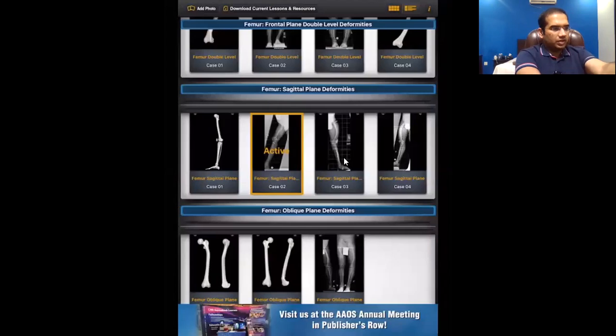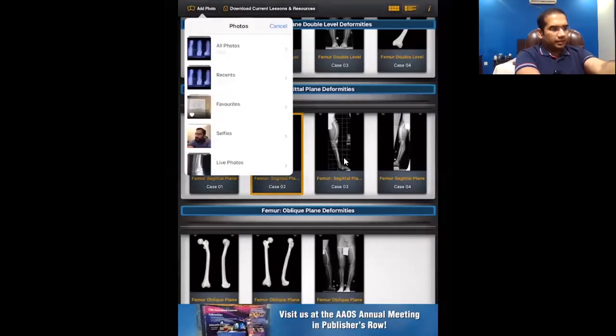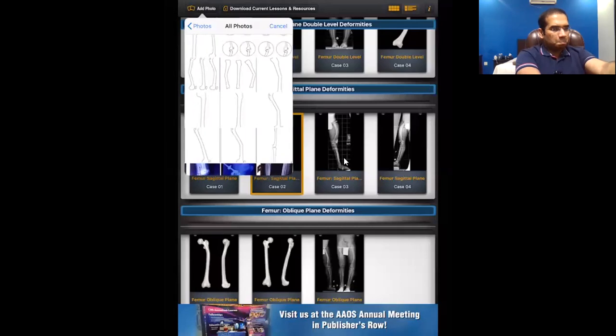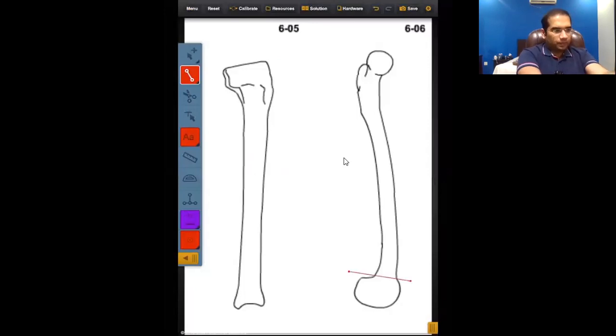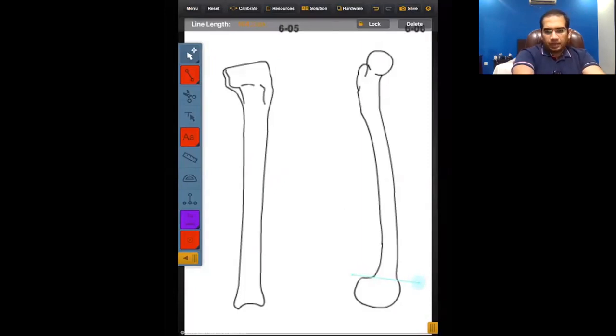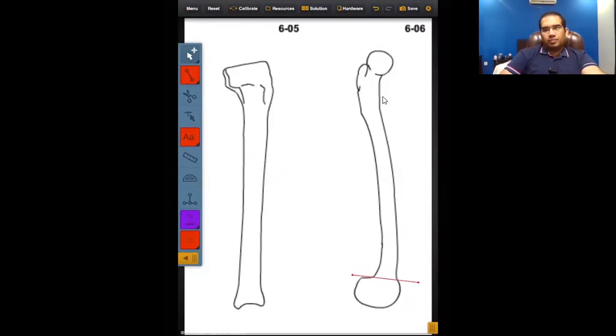So coming back to the original X-ray on which we were doing all the planning. Usually this part is where the condyle ends and where the notch ends from the straight line in the condyle. This is usually the epiphyseal scar, so this is the point we take as our reference. Now, as we all know, the femur in the sagittal plane is not straight. It has a bow, an anterior angulation, and we have to take it into account.